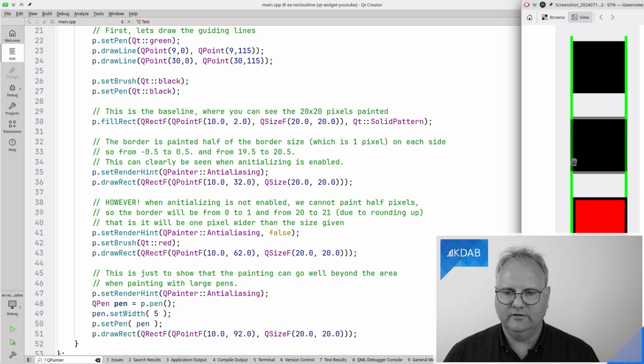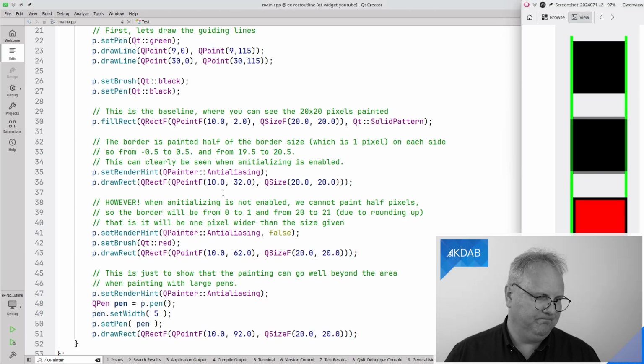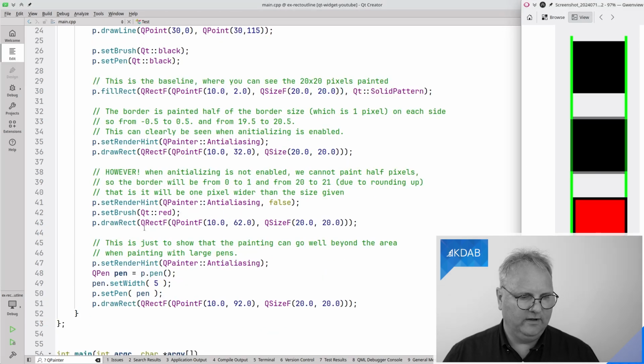There's half a pixel on this side and half a pixel inside here that is completely black, and half a pixel outside there. So this is the outlining that I'm drawing around here. Maybe I should even have filled it with red in here so that you could properly see that I had half a pixel sitting on that filling inside the brush. But okay, nobody's perfect.